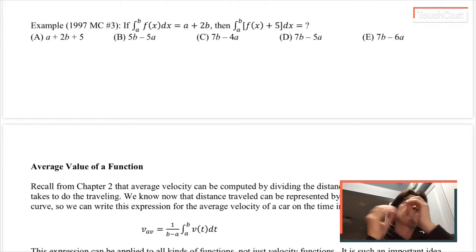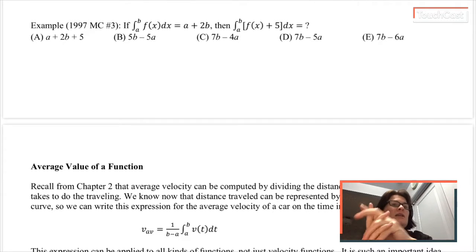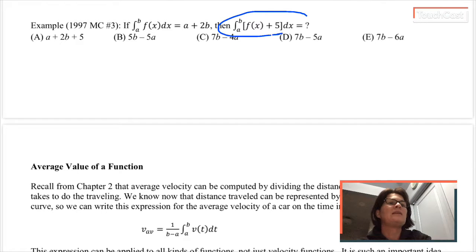So we have one more example to finish up this idea of properties of definite integrals. So here's a multiple choice question. If I know the integral from a to b of f is equal to a plus 2b, then can I simplify this definite integral? So I'm going to try to rewrite that integral so it looks more like this,